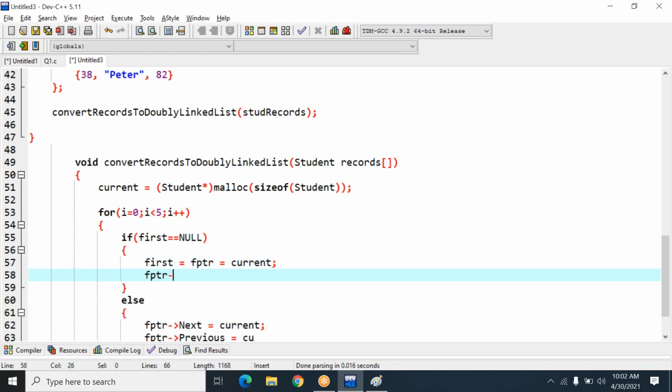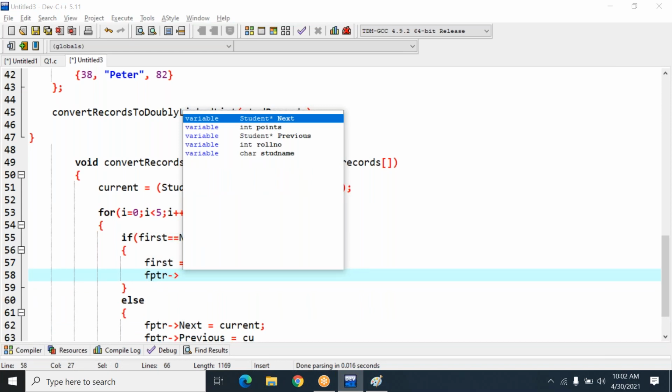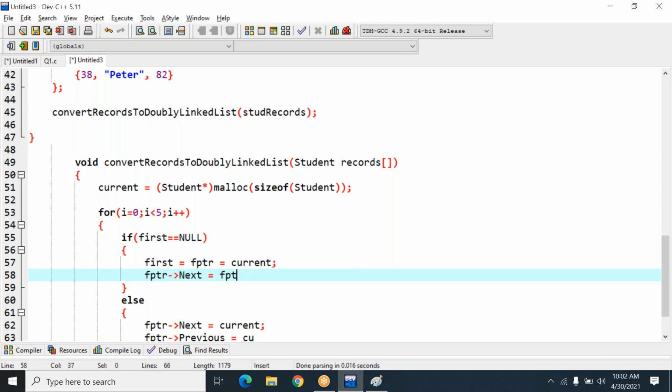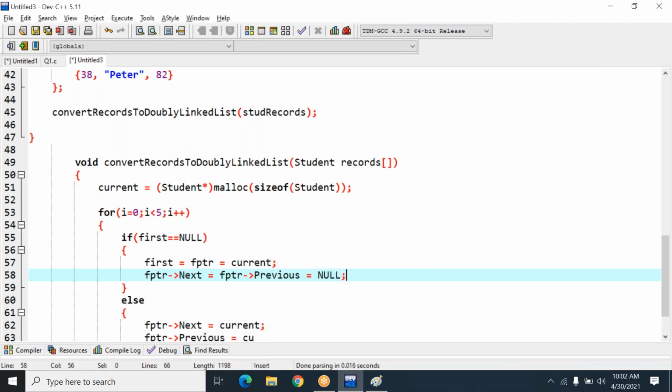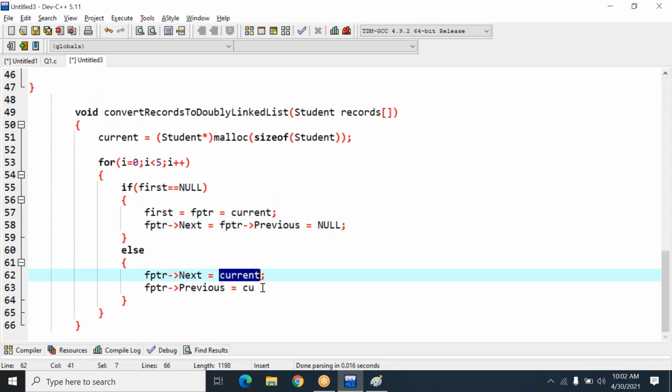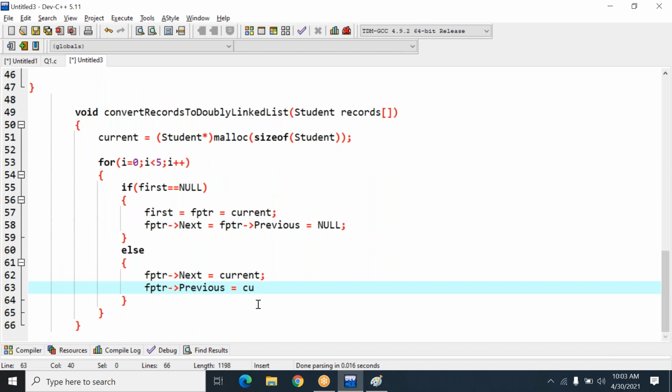Follow pointer's next is equal to follow pointer's previous is equal to null, and here the next will be current, and the follow pointer's previous will be the